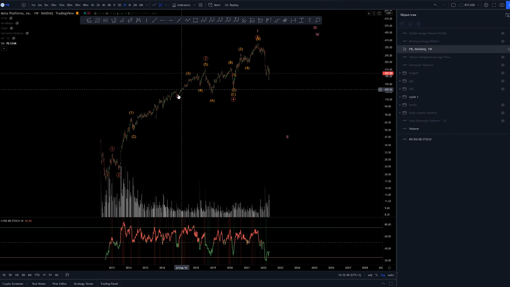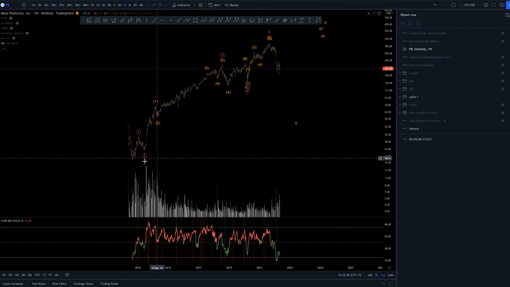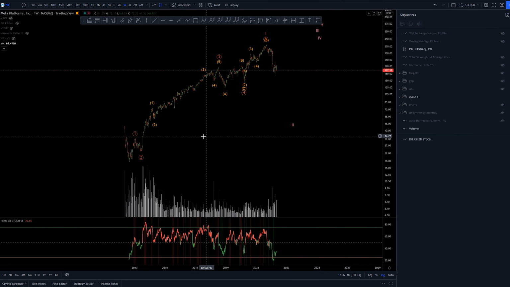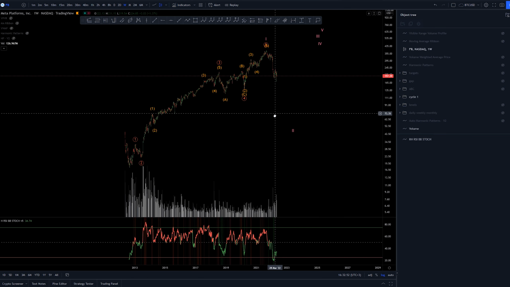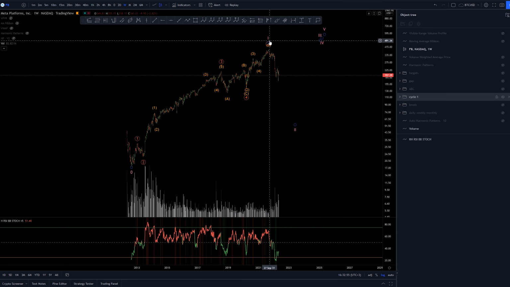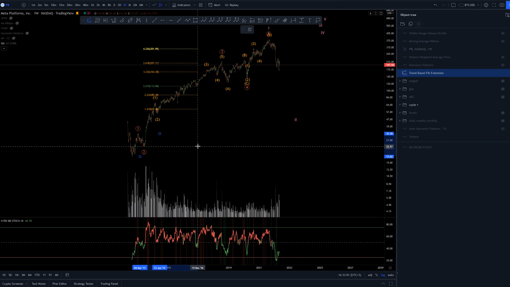The wave 3 again here could be placed anywhere here, with the 4 as well, but the point here is not to go too detailed into the subwaves, but to see the whole structure as it is currently. To me, this looks like a good place for a wave 1 to stop. Let's check out the Fibonacci retracements, or the extensions here,